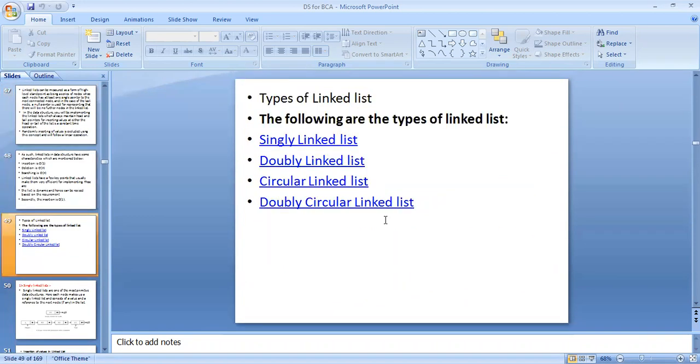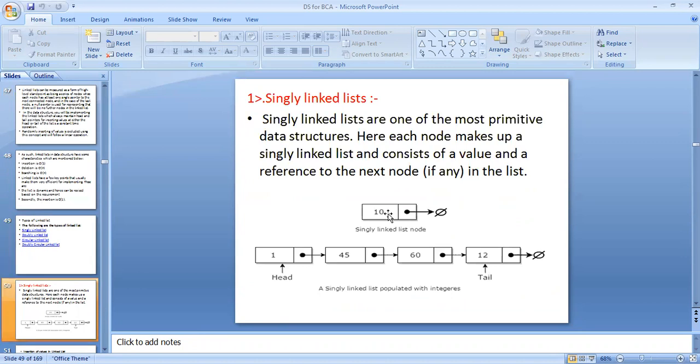Types of linked list. So how many types of linked list? There are 4 types. First is a singly linked list, then doubly linked list, then circular linked list, and the fourth one is the doubly circular linked list. So see the first, that is singly linked list.